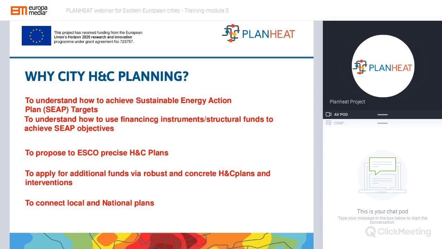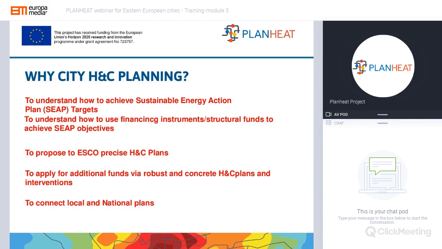The results were quite inconsistent. But the main conclusion is that a lot of questions arise at national level on which heating or cooling technologies to pursue for decarbonization of the demand.